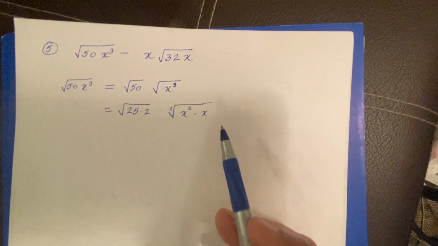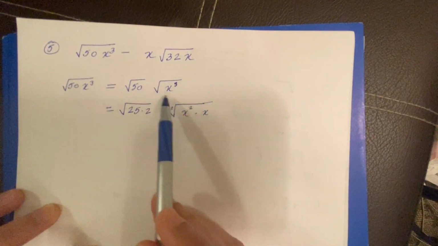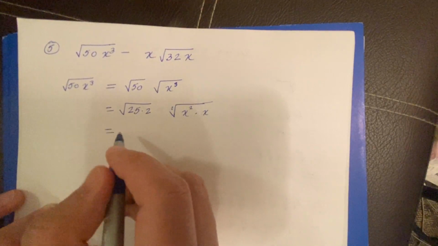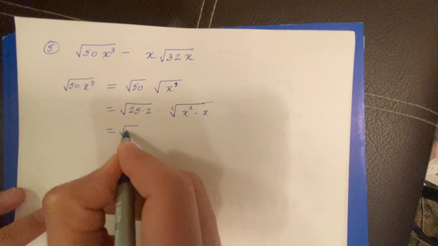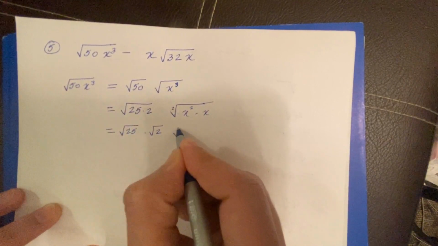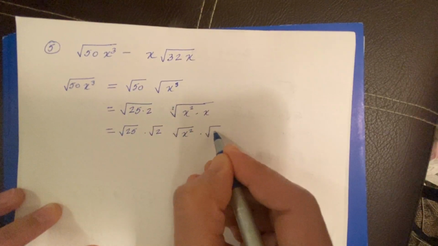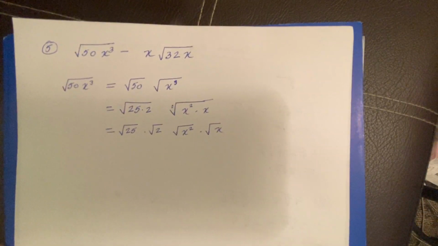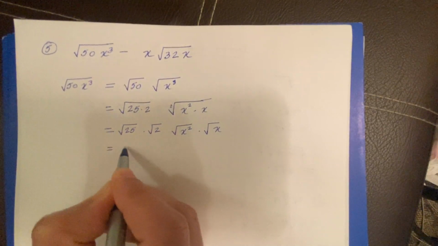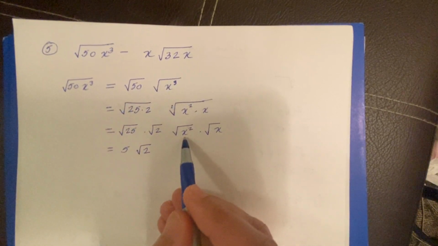Now after this, again, we can split the whole thing. In this case, we can split this into 4 terms, right? So square root of 25 times square root of 2 times square root of x squared times square root of x. Now from here, square root of 25 is 5, square root of 2, square root of x squared is,